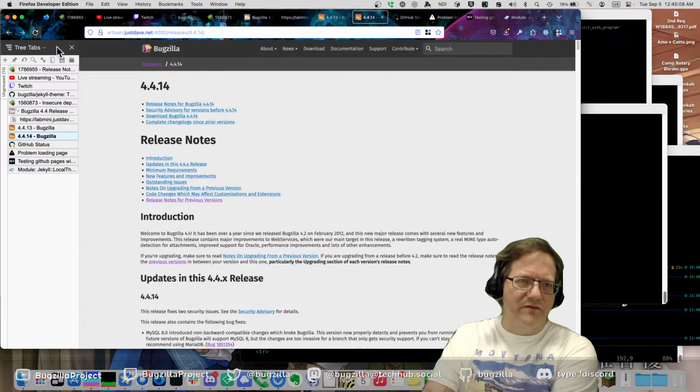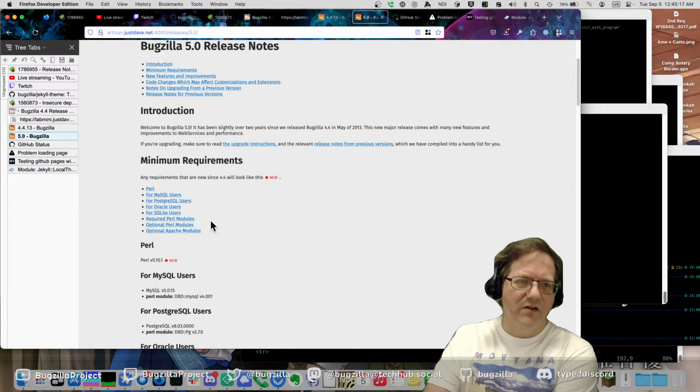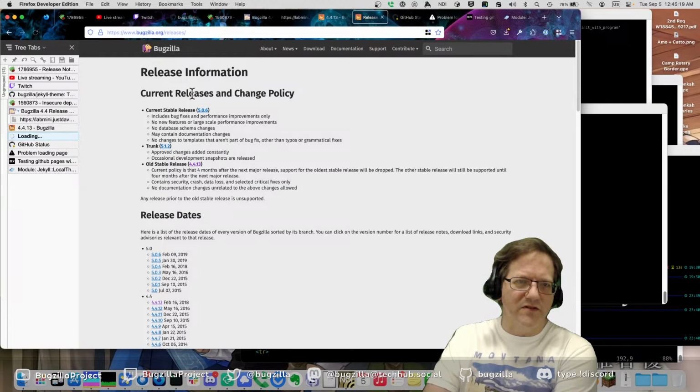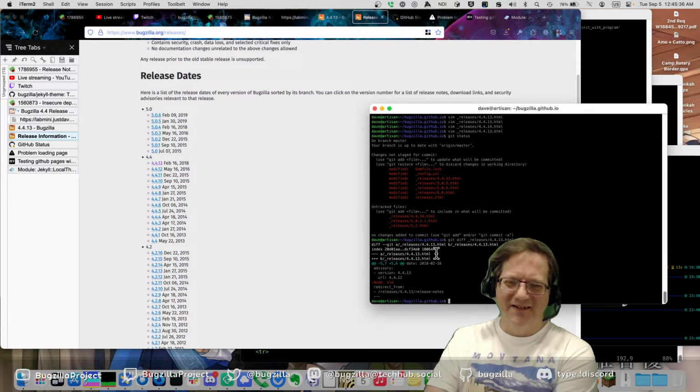What did the version 5 do? The original 5.0. Release notes for previous versions. Oh, that just links here. Oh, I get it, because this website wasn't laid out like this yet when 4.4 came out. That's why all the old stuff is gone out of the release notes, because they can link to the website for the old ones.